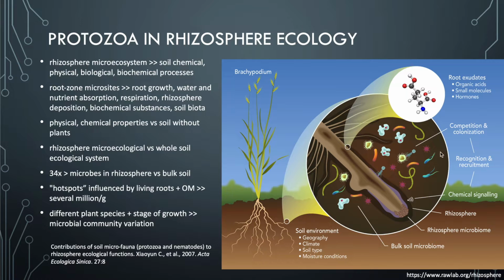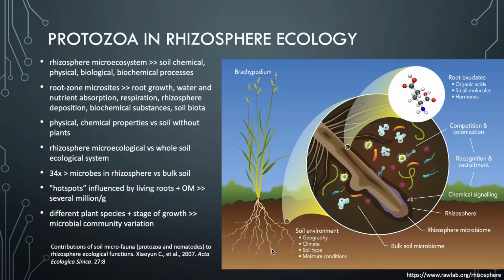And of course, that recruitment then depends on the competition and the colonization capabilities of these microbes. So all of this plays a part, and all these things influence each other. And of course, whatever the root provides, the organic acids, the small molecules and the hormones that the plant produces to stimulate the growth and attract the colonization of its root system by different microbes, is very much dependent upon all of these factors. So it's just like a loop. Whatever comes at the plant from the outside influences what happens underground.